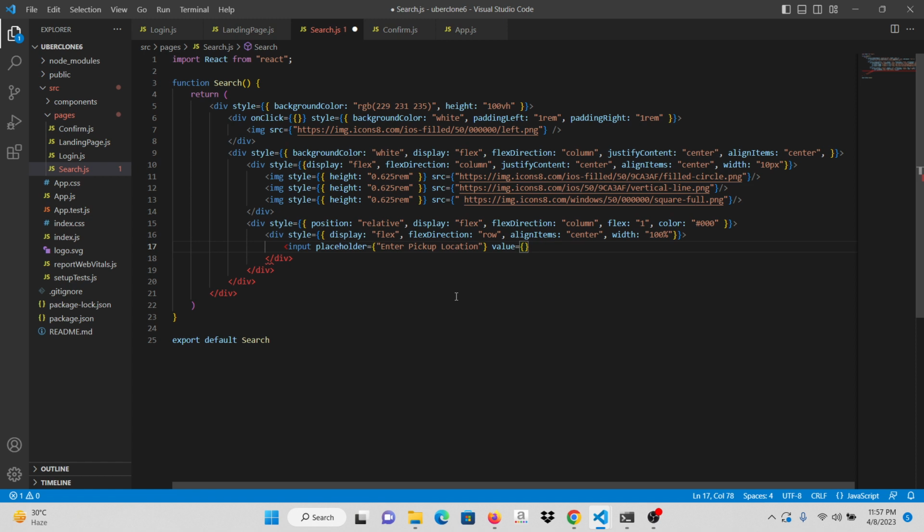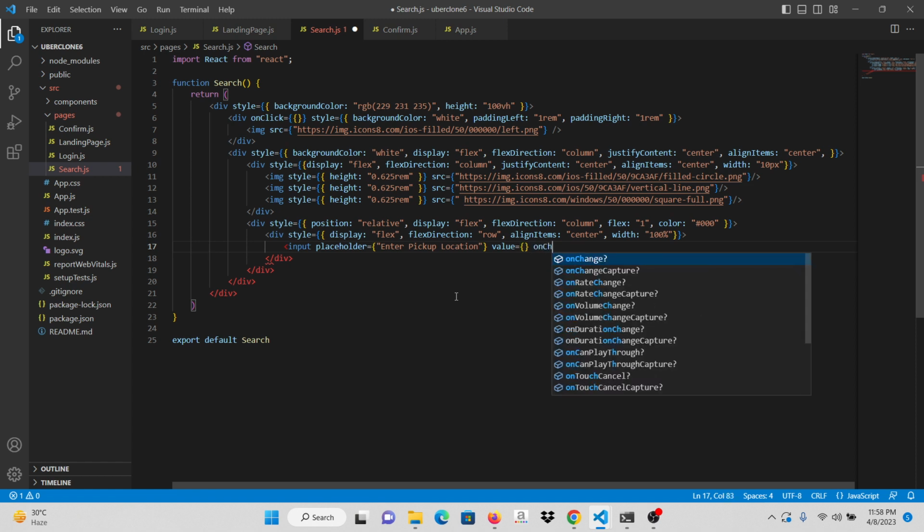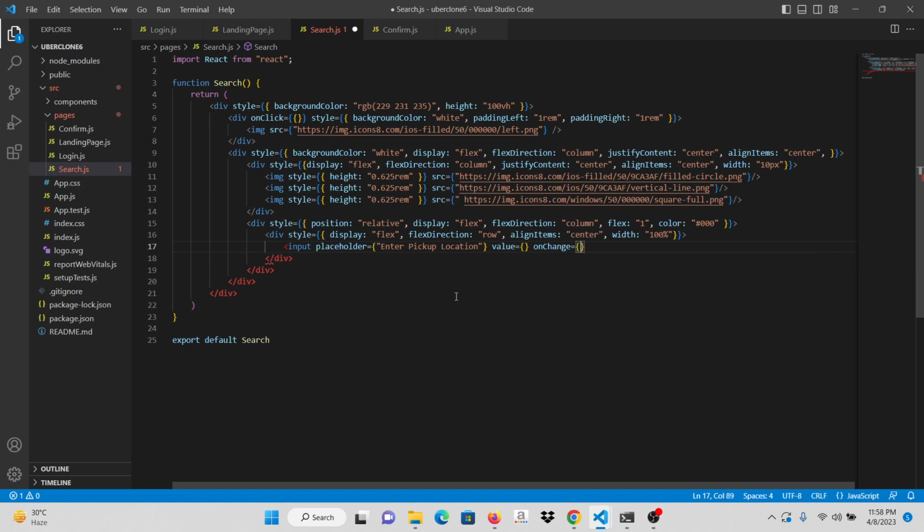I'm going to provide this value in a bit, and then every time we create an input box, there's going to have to be a value and onChange property. So let's just do the value thing first. So the value should be